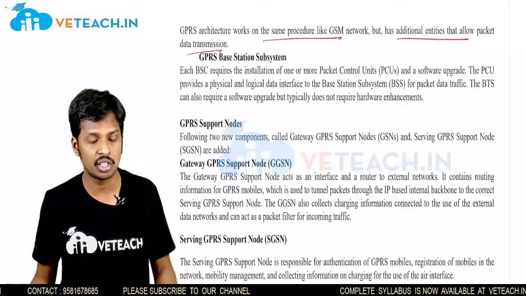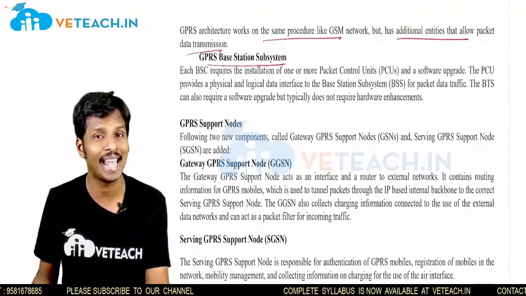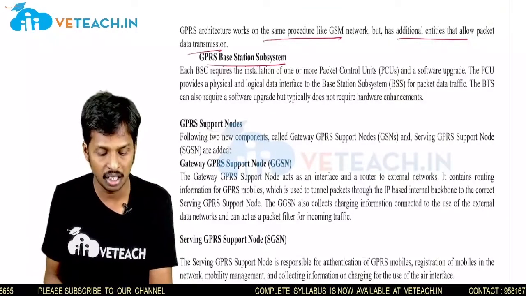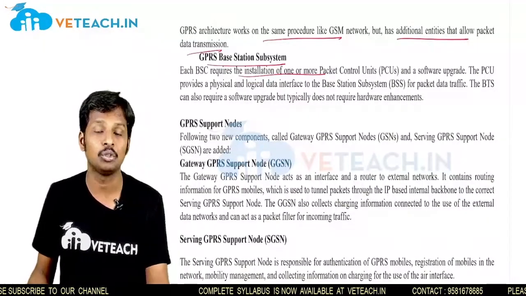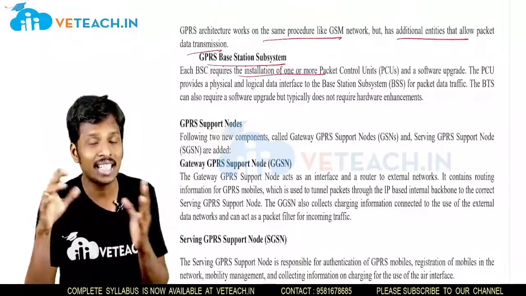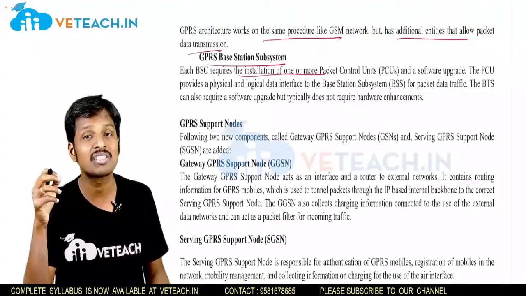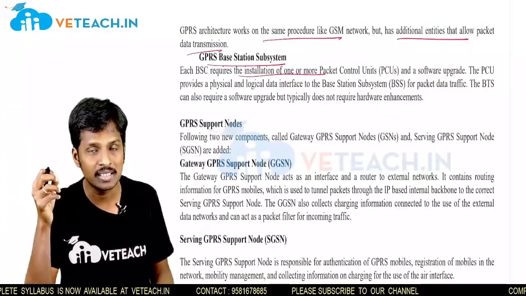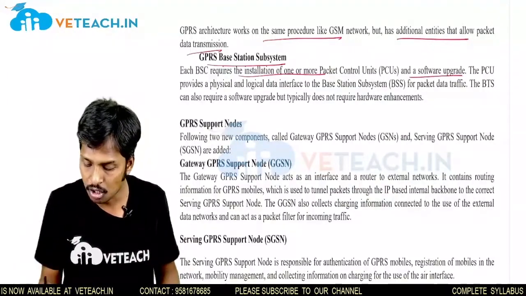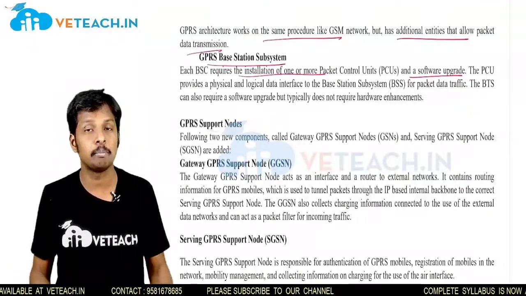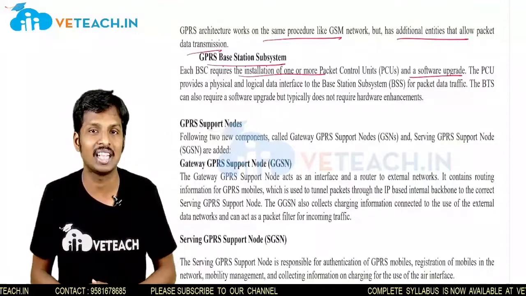Now the first station is the GPRS base station subsystem. We call it GPRS BSS. Each BSC requires the installation of one or more packet control units. As we have discussed, the data will be transmitted in the format of packets. What this PCU is going to do is convert the data into the format of packets, along with software upgrades. So each BSC that already exists in GSM should be provided with enhanced functionality with a PCU